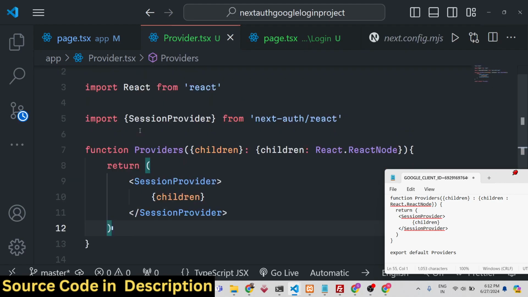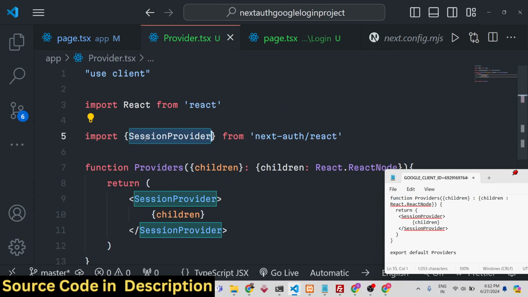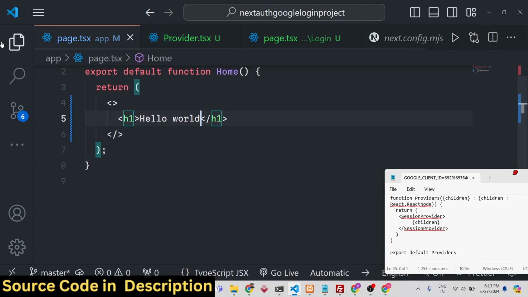This is actually the file right here. We are requiring the session provider function, which is available in the NextAuth package, and then we are wrapping everything inside session provider of the application. So it's a client side component. Now we just need to go to